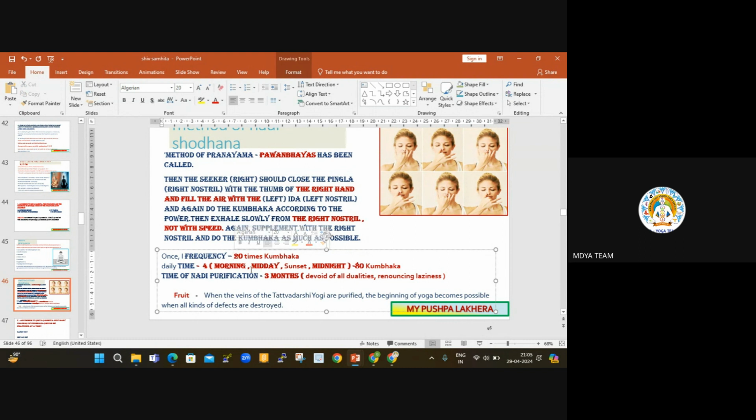How many times do you need to do it? One needs to do it 4 times in a day. Okay, what are the times? It is also mentioned: morning, midday, sunset and midnight. So in total one needs to follow 80 rounds in a day. Twenty rounds at once, but in a day it is 4 times. And how many rounds total in a day? That is 80 rounds a day. The times are morning, midday, sunset and midnight.